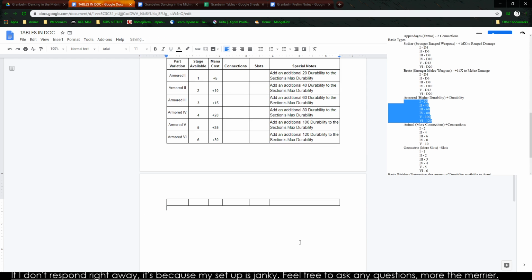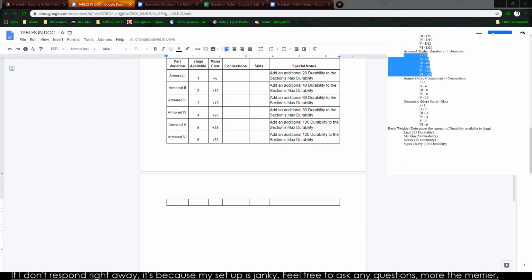So, for example, I have my handy-dandy reference here. Light ones, you only have 25 durability on that particular section. But if you go to super heavy,